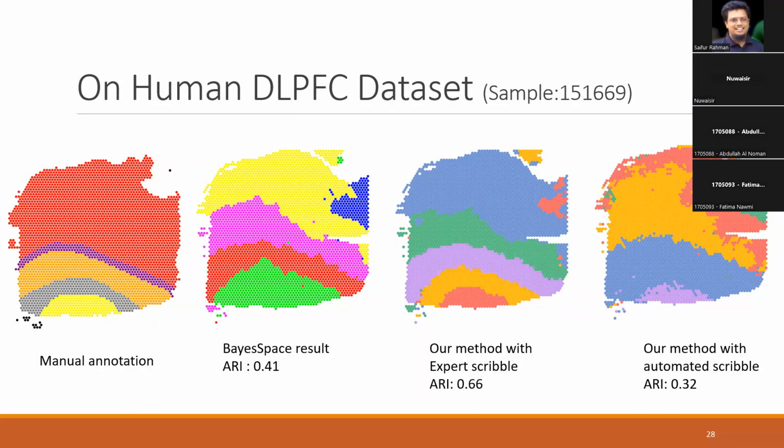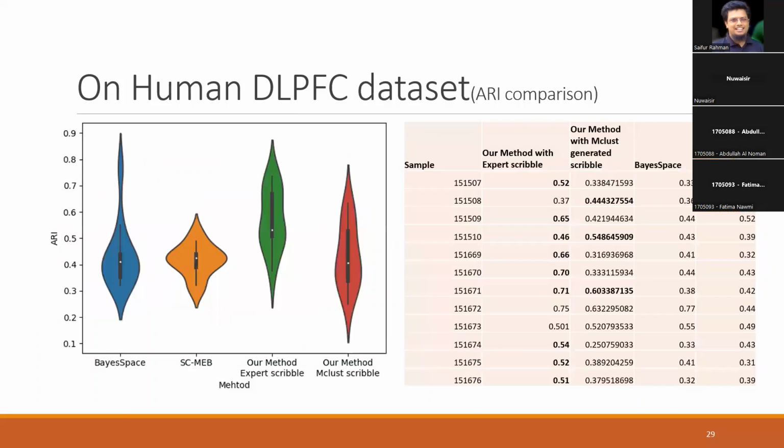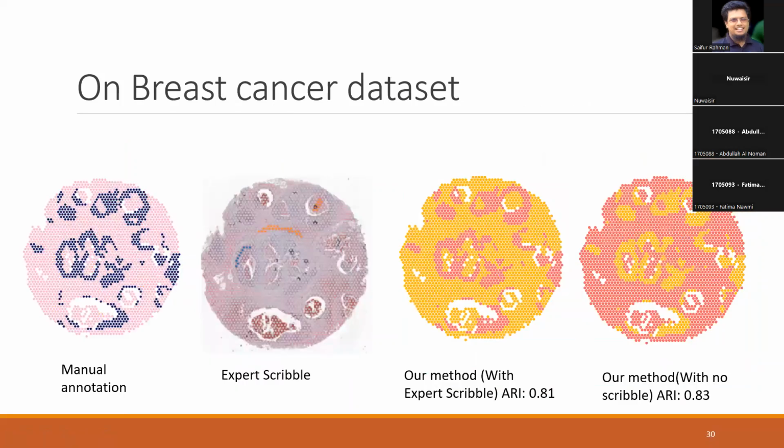In the human DLPFC dataset, we also perform well with expert scribble. Our ARI is better in many samples. The result is shown with a violin plot here. The mean ARI of our method using expert scribble is very high. On the breast cancer dataset with